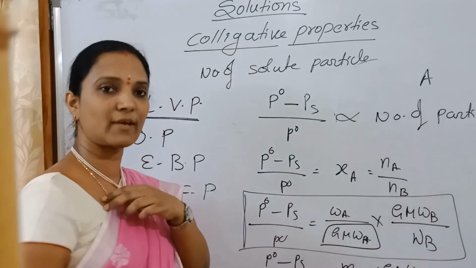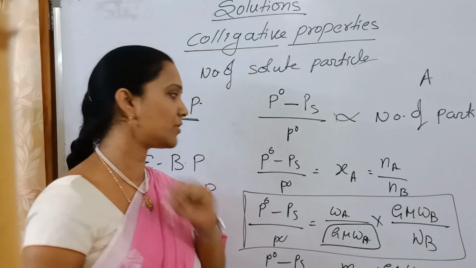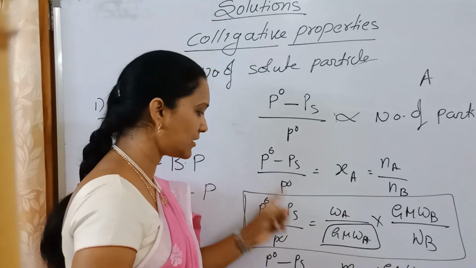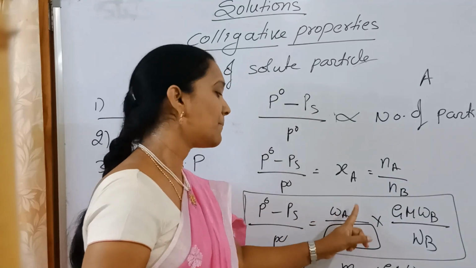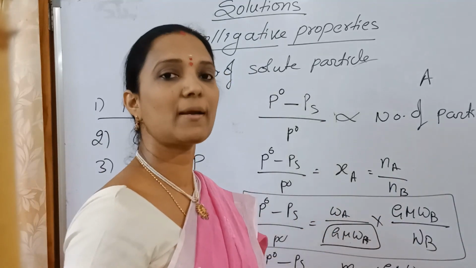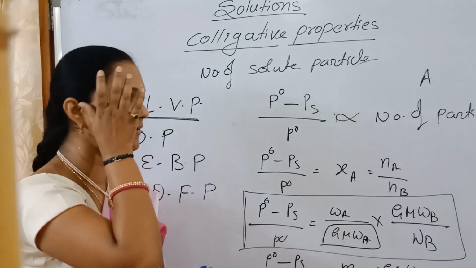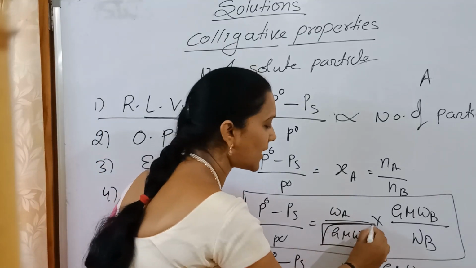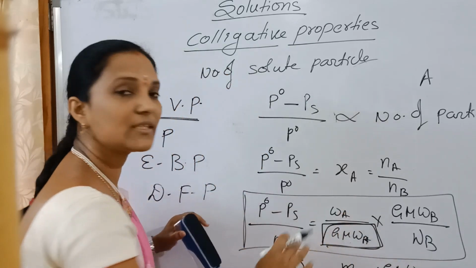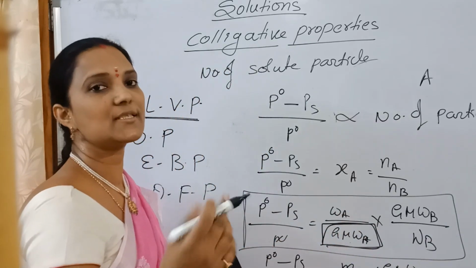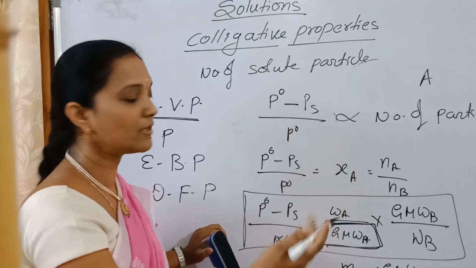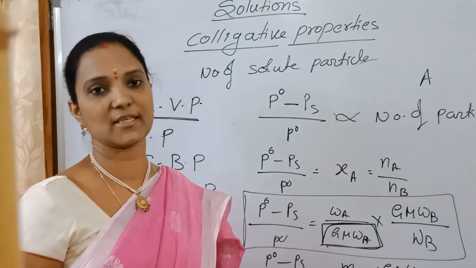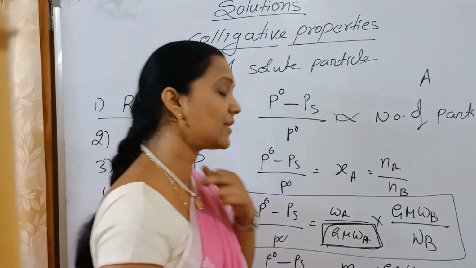First take the P naught value. First we have to identify the vapor pressure of the solvent, then the vapor pressure of the solution. What is the lowering of vapor pressure? This ratio we are taking. It is equal to mass by gram molecular mass into gram molecular mass of solvent by mass of solvent. We know what the solvent is. For the unknown solute, using this formula you calculate its molecular mass. For example, we are getting 58.5 here. Then the answer is NaCl, the solute is NaCl.